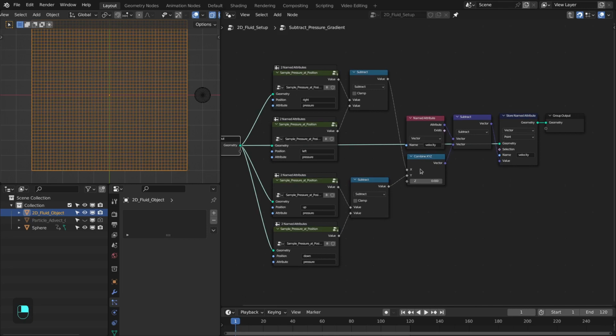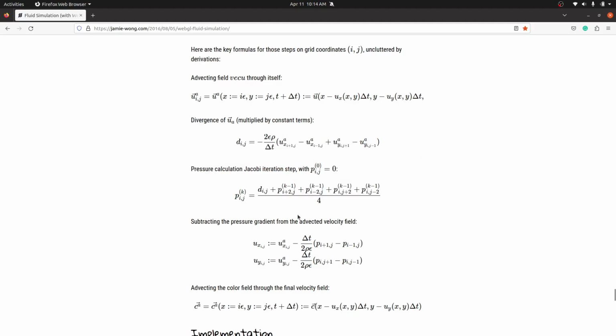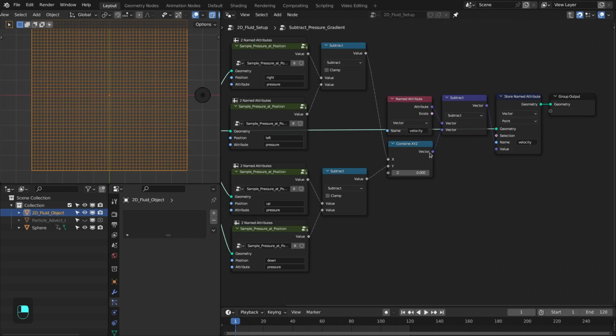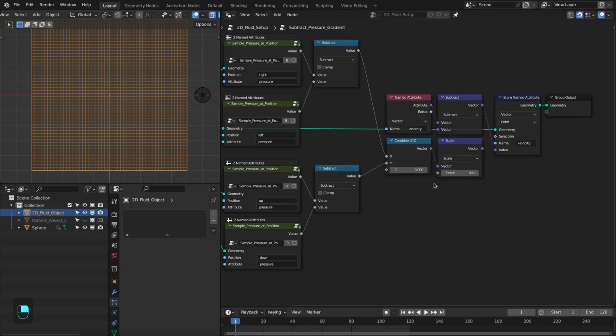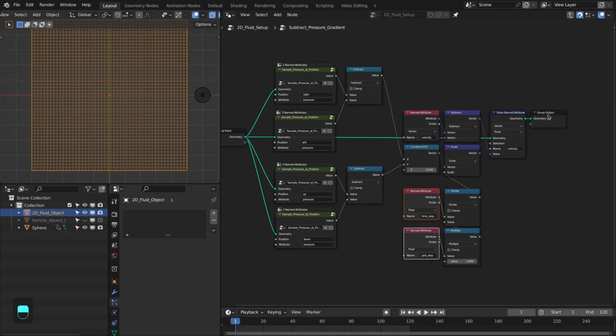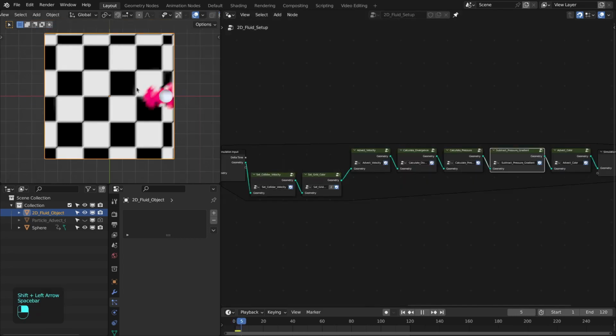Again, here we are not including that factor. If we go to that web page, this is the pressure gradient, which is subtracted from the velocity. So it has this factor, time step divided by 2 times grid step. So we have to include that here. So basically we're going to use the scale node. The scale node is like multiplying each component of this vector by this value. Okay. Now we have added this correct factor for the subtract gradient expression, and if we play the simulation, see